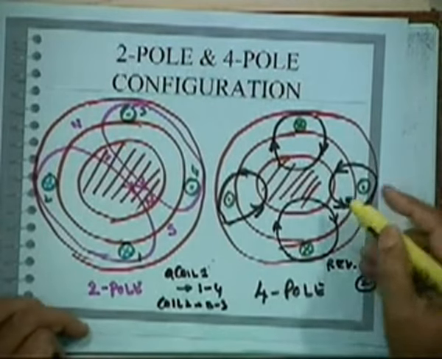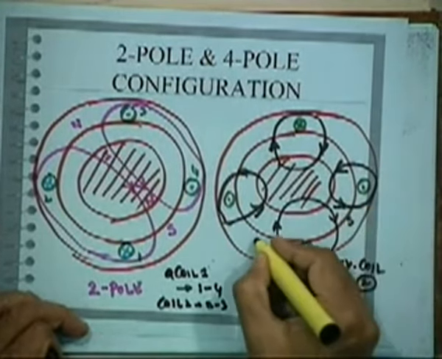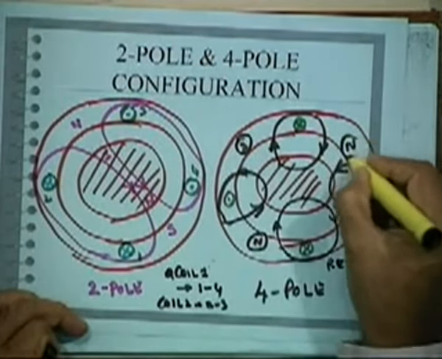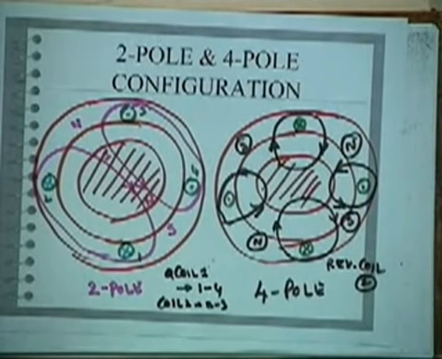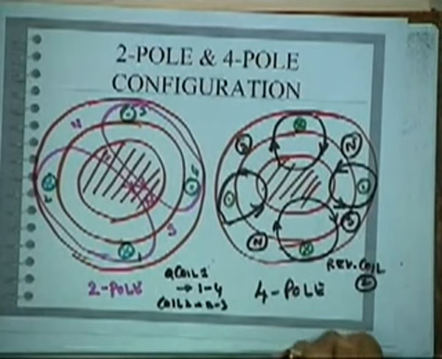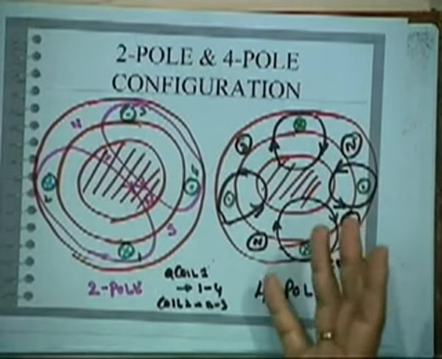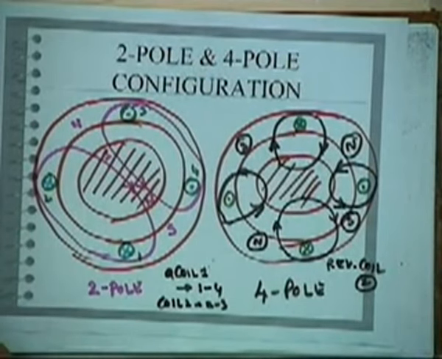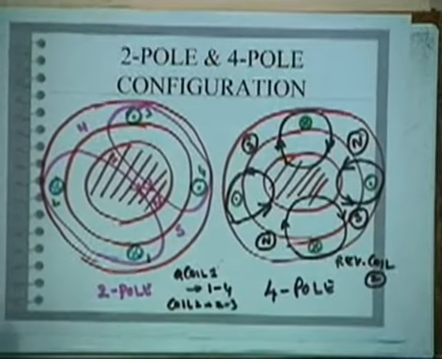For the poles, 4 pole will be here. Suppose this will be south pole, this will be north pole, this will be south pole, this will be north pole, on the stator surface. Now this is for each phase. So your manufacturer must give you a switch, just to reverse one of the 2 coils in all the 3 phases. In all the 3 phases, then you have an arrangement like this. So you can have several, 4 to 8 poles. All these things are possible. Okay, this is one of the methods.